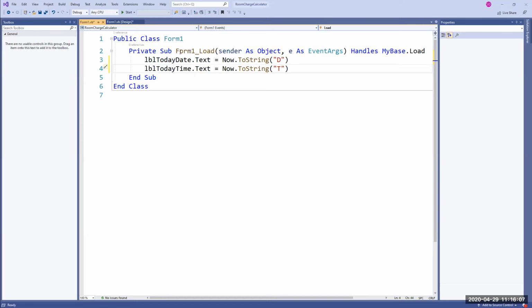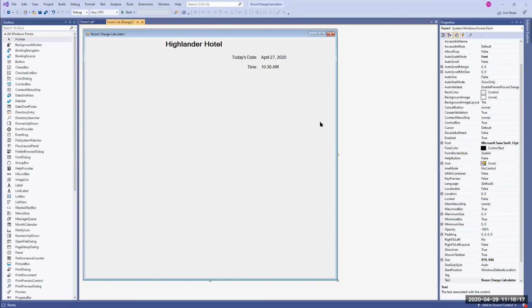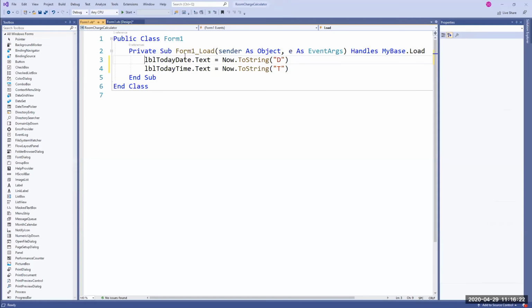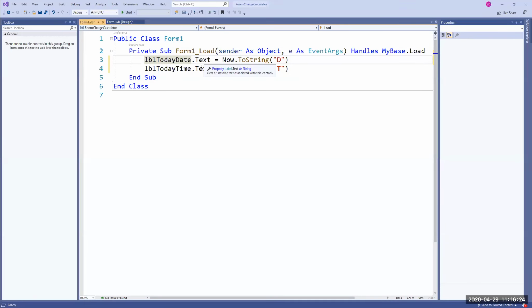And the way we do that is by programming the Form1 Load event. The way you can get this event handler is by double clicking an empty area on the form. That brings up the Form1 Load event handler, and then you can program it. So we already did that, and if you run it,